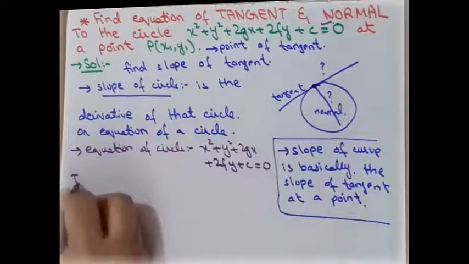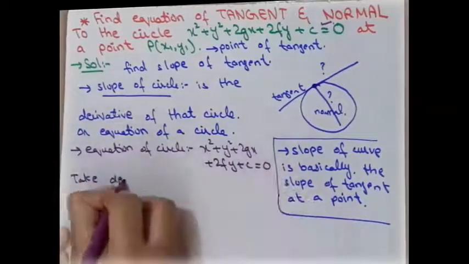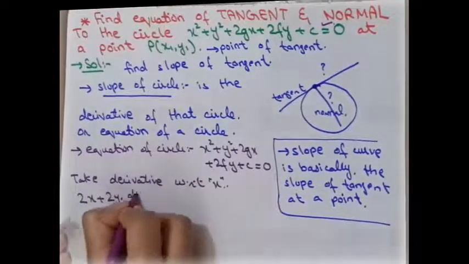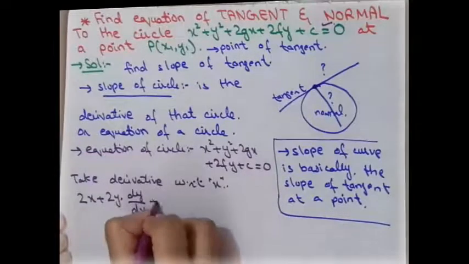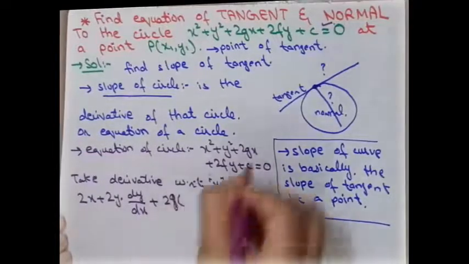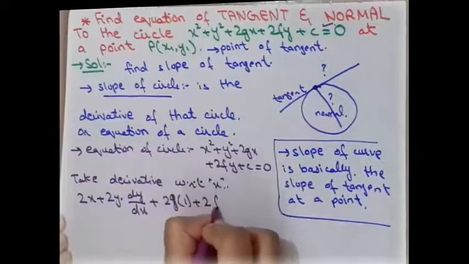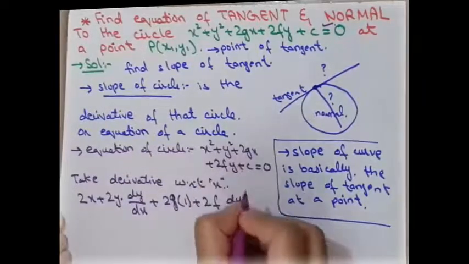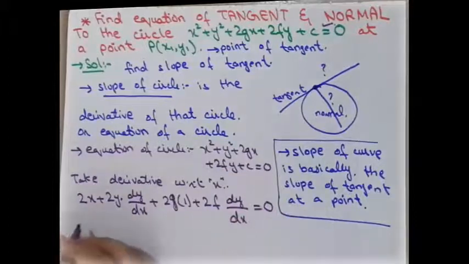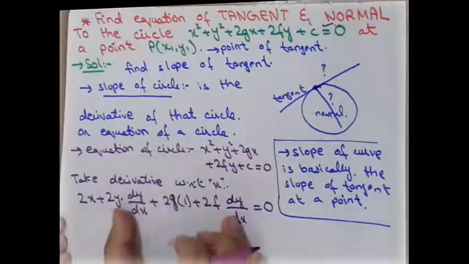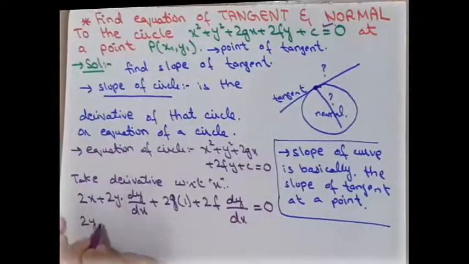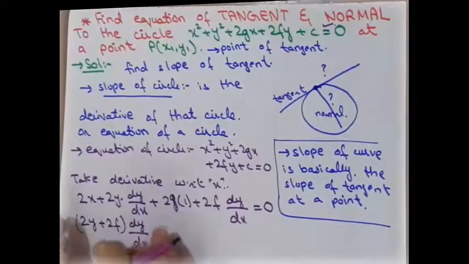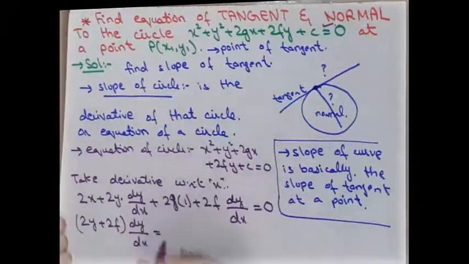So if we take our derivative with respect to x, 2x plus 2y times the derivative of y with respect to x, plus 2g, and the derivative of x is 1, and plus 2f times the derivative of y, dy over dx, and the derivative of any constant term is 0. So we are left with this term. If we take the common dy over dx in these two factors, it will be 2y plus 2f, taking common this factor dy over dx and moving these two factors to this side,